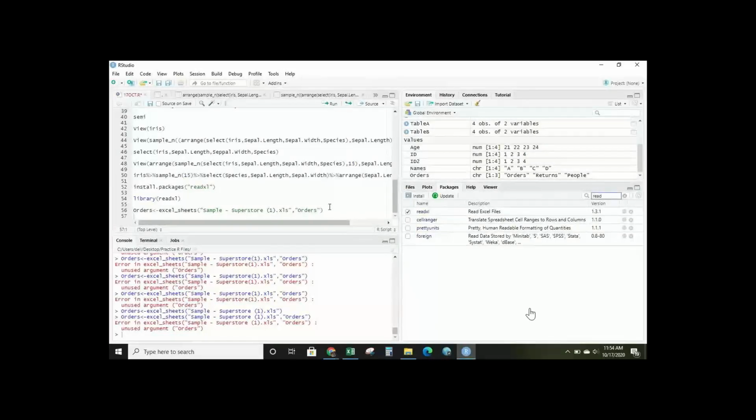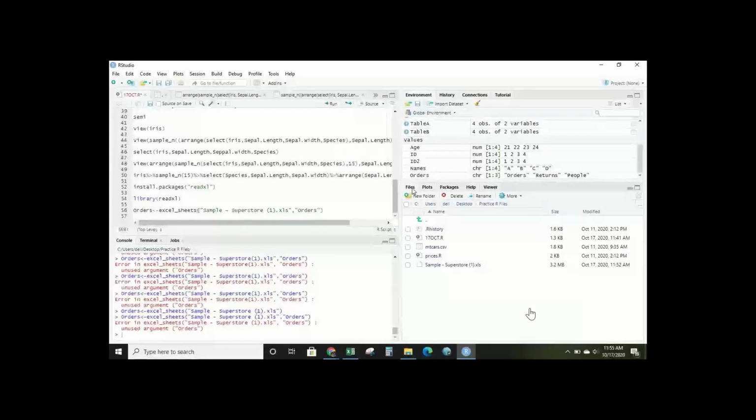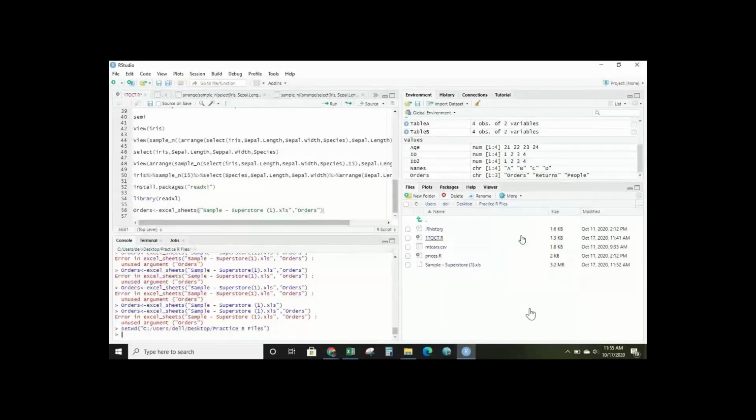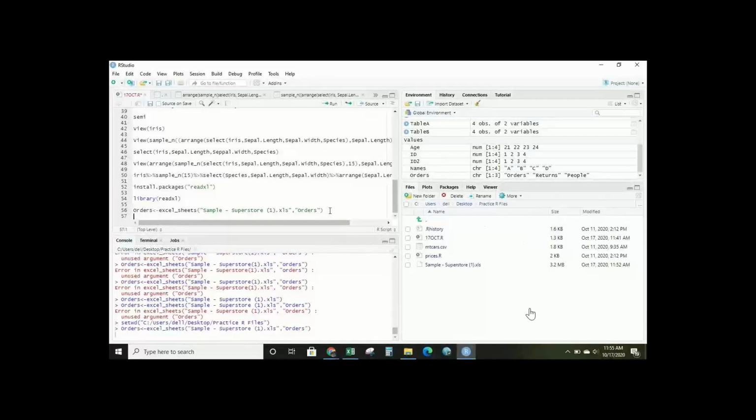Excel sheets. Click on the files. Click on more and set as working directory. This you did, right? Yeah. Now run this command again.